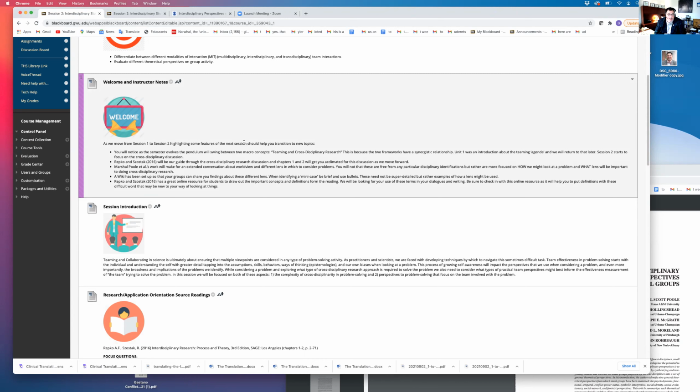Also, we have you read a really seminal work by Marshall Poole and his colleagues, who give us some insight into how we might look at a team and the lenses we might use. Now, for some of you who have not had too much work yet in research methods, this is sort of a warm-up to that, and you're going to read about different ways we can look at groups. Now, you may be thinking to yourself, well, what do you mean different ways?